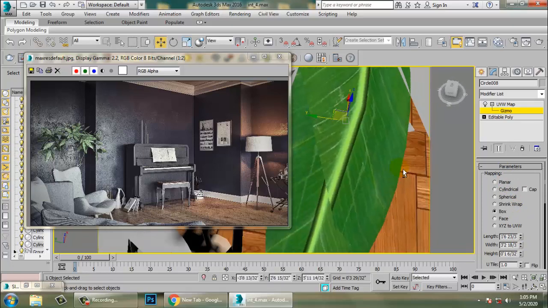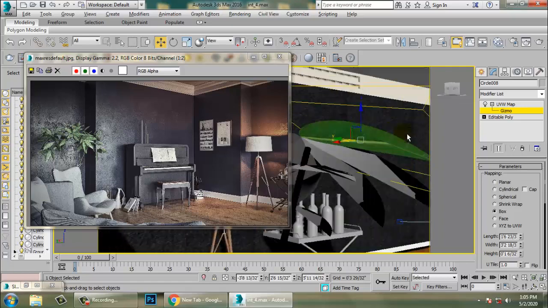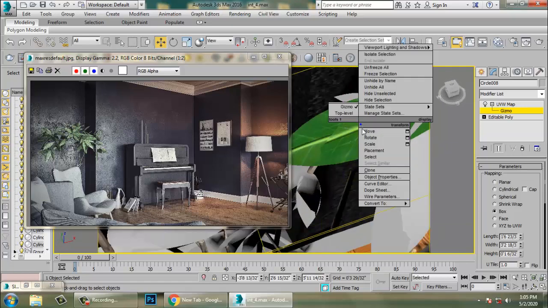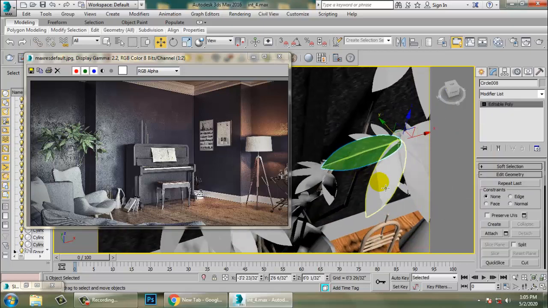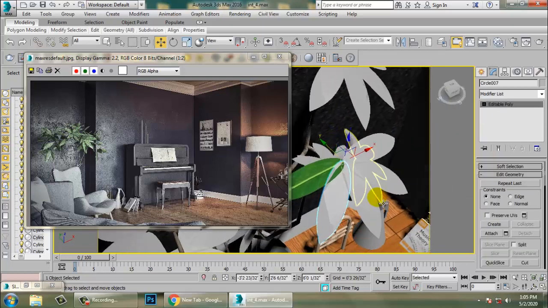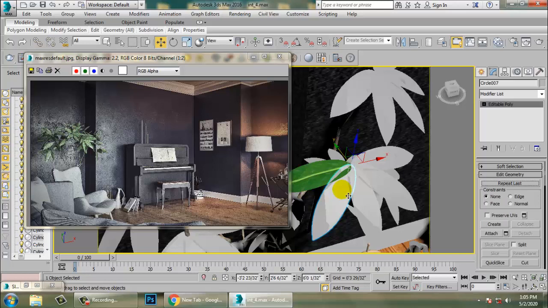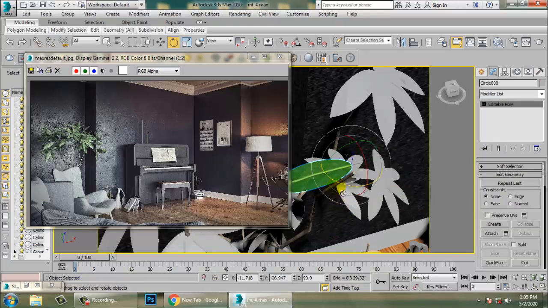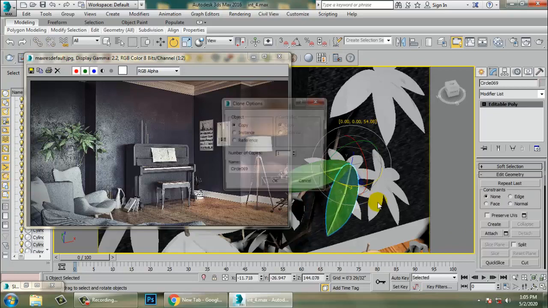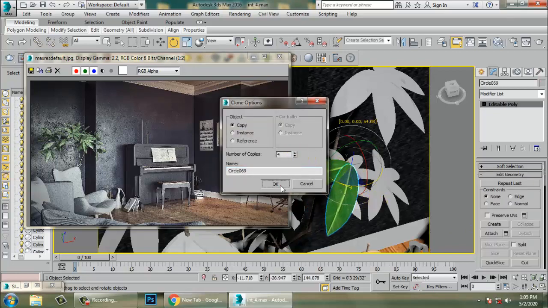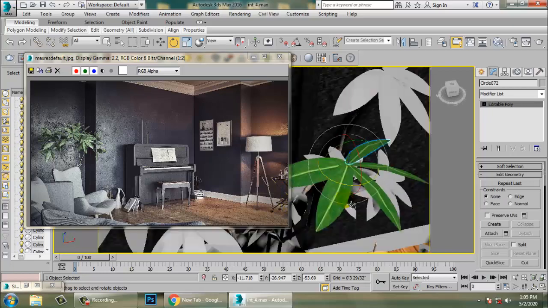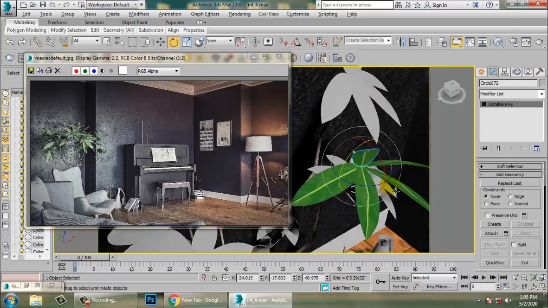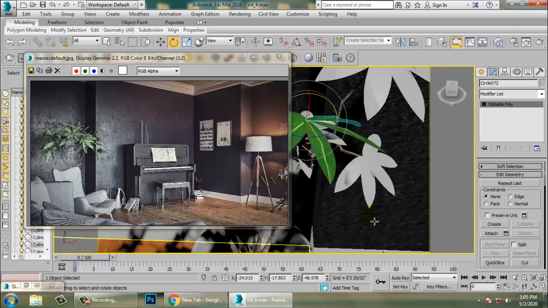Definitely it's not going to place it well because you need to unwrap this stuff, but it's okay, it doesn't look that bad over here. So I can just delete this and I'll just duplicate this and just make a copy of it. That's it.